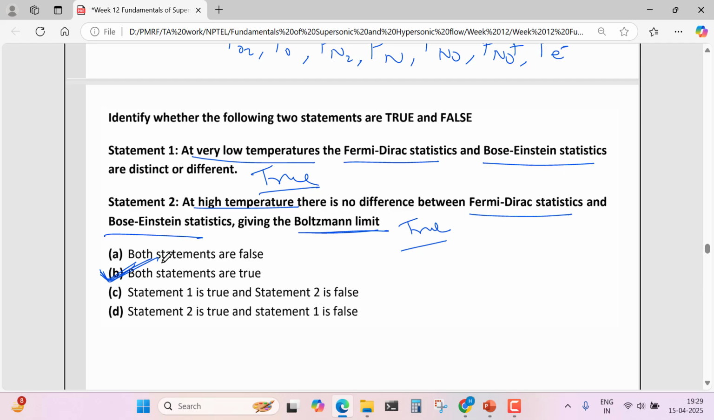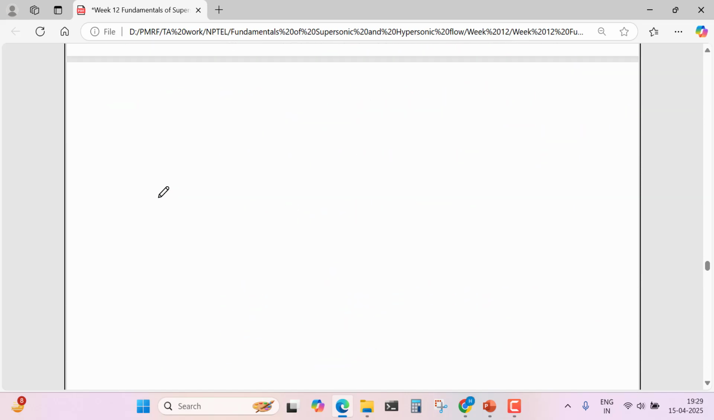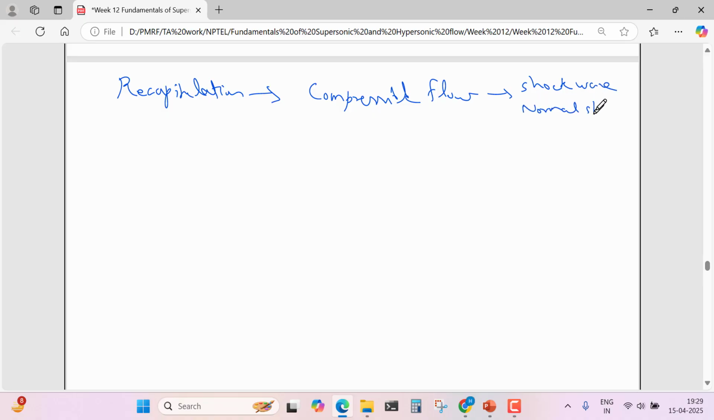So today we will see problems till here only. So in this course, what we have studied, we have done, you can say, a recapitulation of basic compressible flow in the beginning, which talks about shock wave, normal shock, oblique shock, expansion fan, nozzle flow,